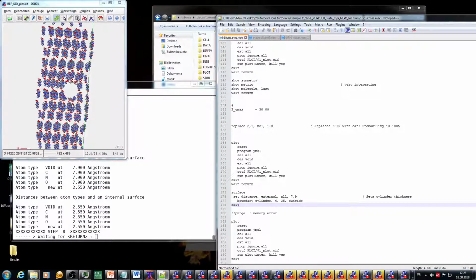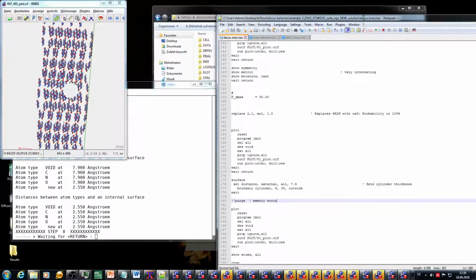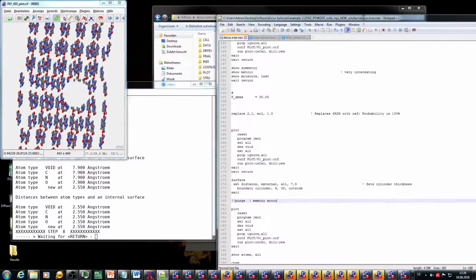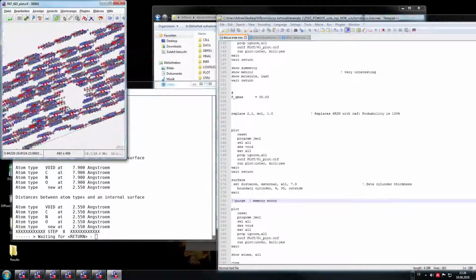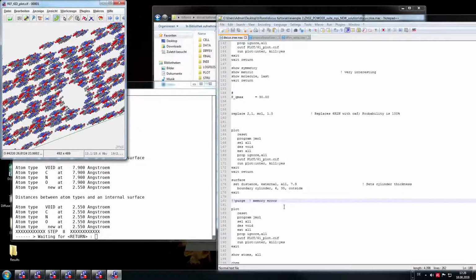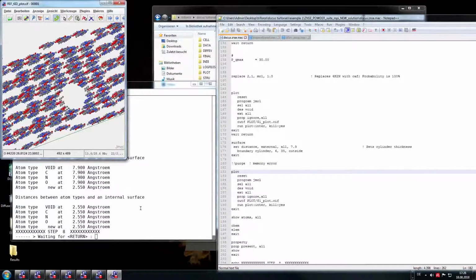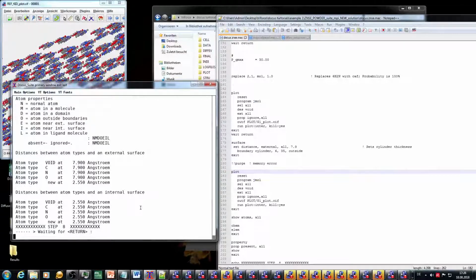However, what I created with this external command now is the set distance command, a shell around the cylinder, 7.9 angstroms long, which pretty much marks the atoms with the external flag. And there are different flags, so different marking methods of atoms, which you can't really see here in this rough picture of these molecules. Now we can go into detail here, and we want to see which flag these atoms